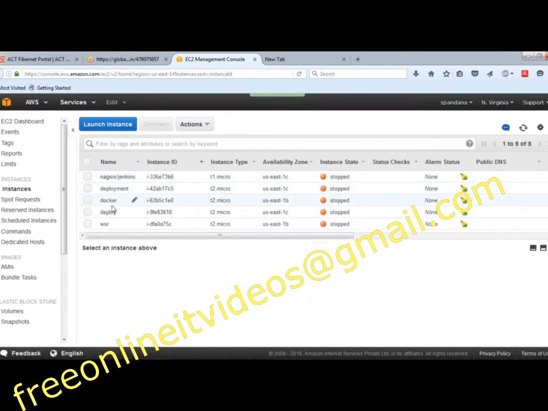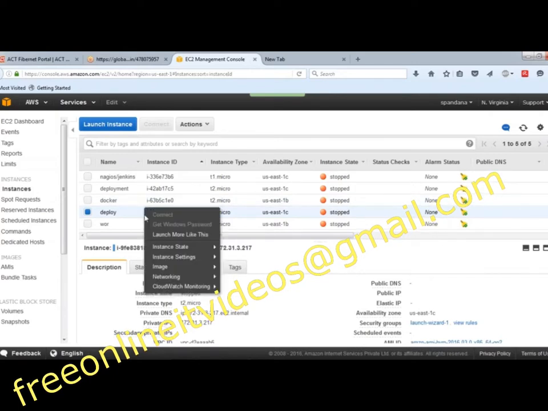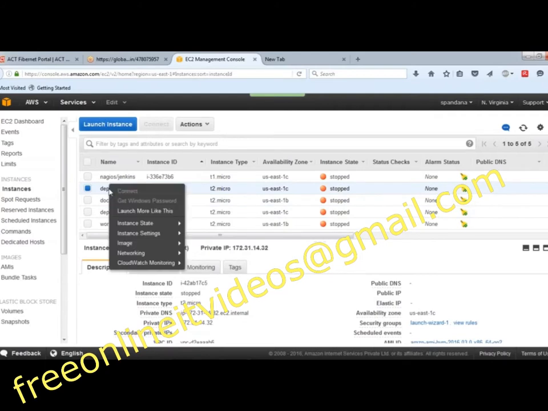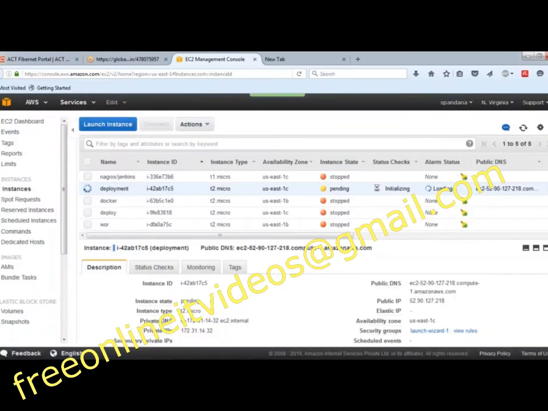So, a Linux instance, yes. Let's start it. This is how you're going to start your EC2 instance once we have stopped it.